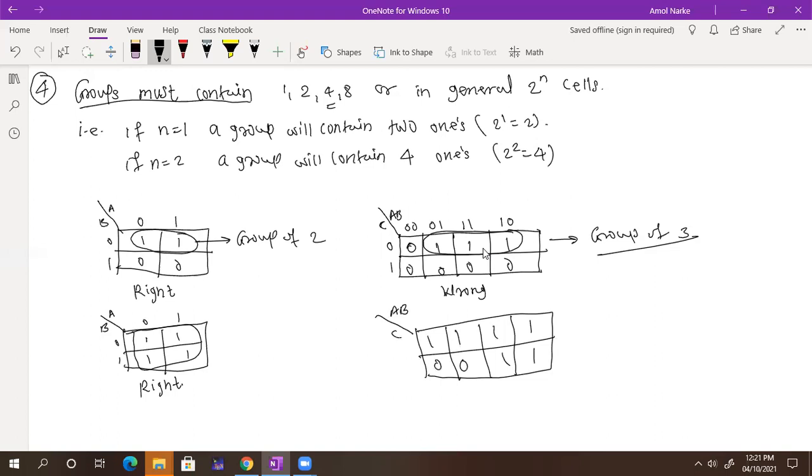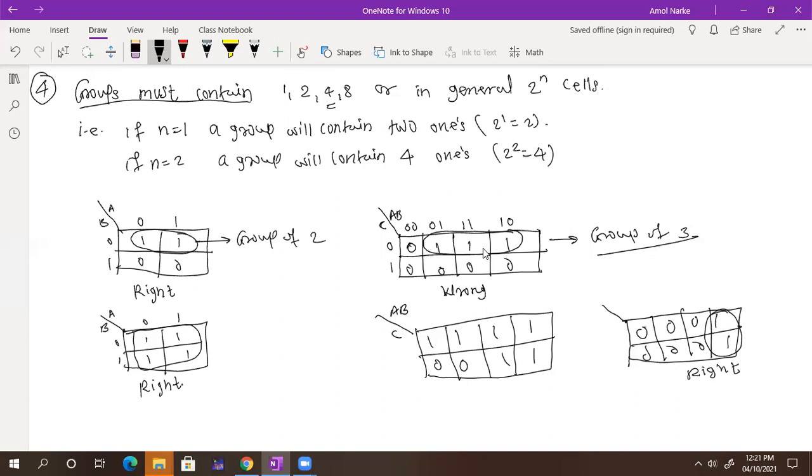Sir, I got it. The four ones will be the group. But if in all boxes there is 0 and only one vertical 1, that is also a group, one. Yes, sir. Because 2 comes now. So you are talking about it like that. Here you have 0, 0, 0, here 1, here 1, here 0, here 0. So this is the group. Yes, sir. Right. Got it.